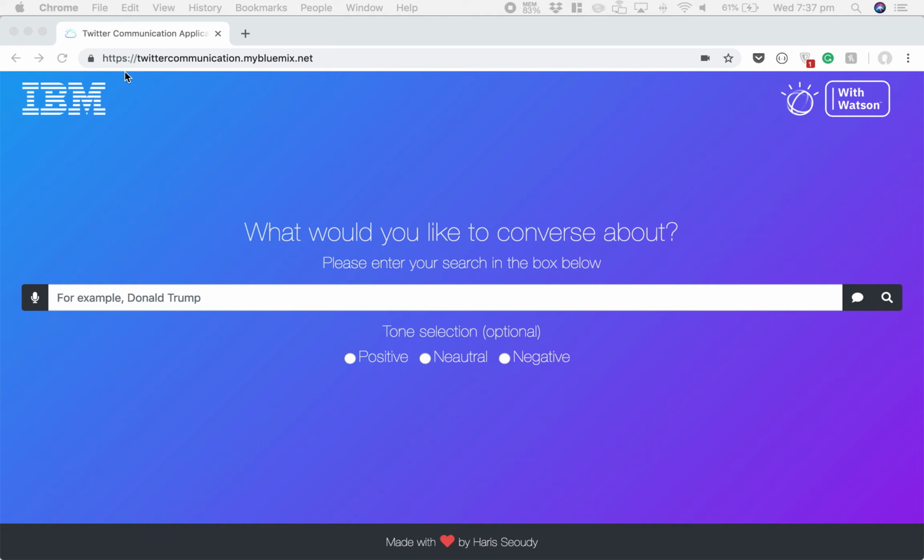I tried to make the user interface as simple as possible, so it's really clear for the user how to use it. As you can see, it's just got one big search box where the user would input what they wish to converse about, and then 3 buttons below for the user to click which tone they want to have the conversation in. I've also implemented speech to text, which is using IBM Watson running on the IBM cloud, and that can be activated here.